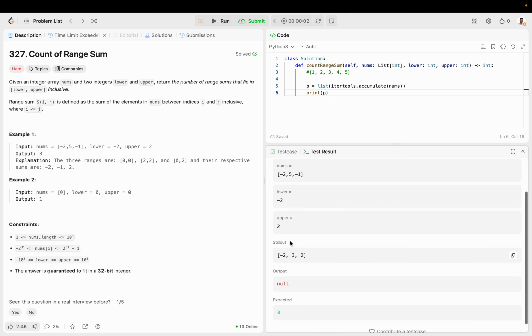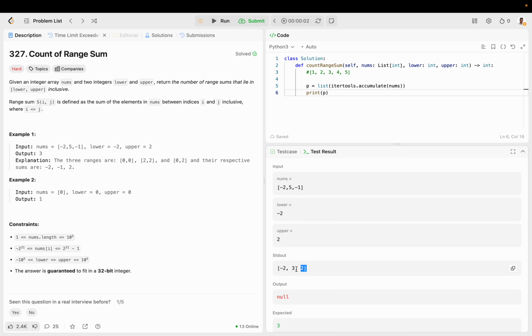Cool. So again, to get this subarray sum, it's 2 minus 2 is going to be 4, right? 5 minus 1 is 4, 2 minus 2. So standard prefix sum there. And now let's just go ahead and iterate over nums or over p. It doesn't really matter. They're the same size. So now what are we going to do to find the subarray sums that are in this range? Well,